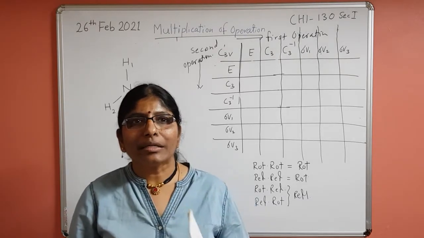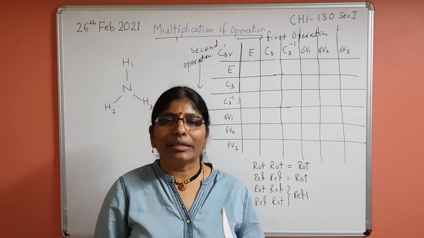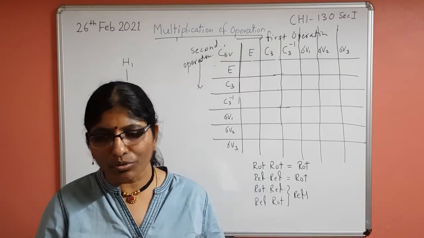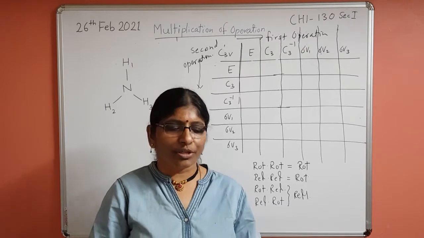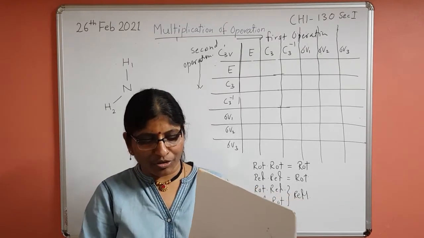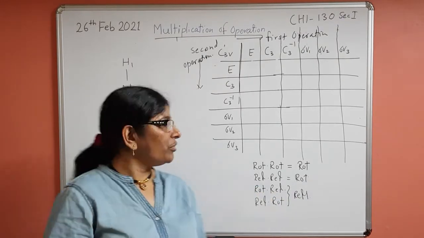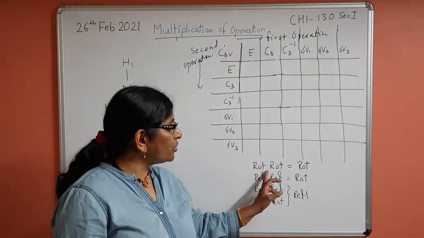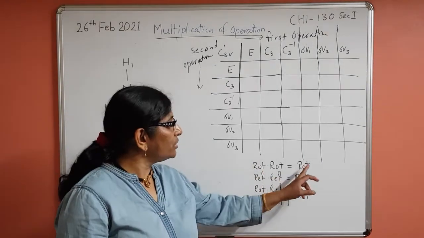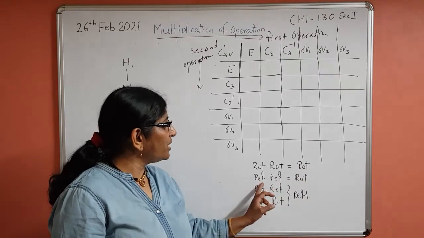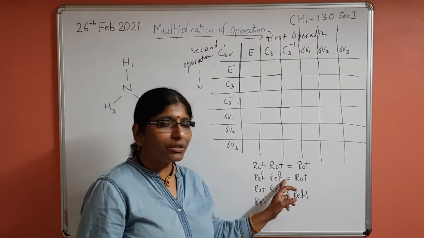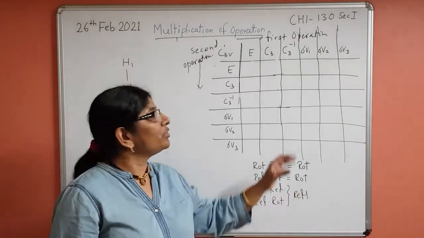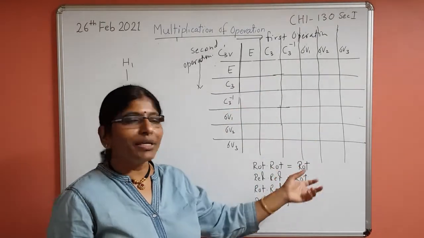In the last video we did both methods: the Cartesian coordinate method, and the method where you choose the geometry of any molecule, draw each operation, and complete the table. With that you need to follow certain rules that I mentioned in the earlier video also. When there is a rotation operation product, then it should end with rotation. Reflection product, then it should end with rotation. This is just to check whether the completion of the table is correct or not.